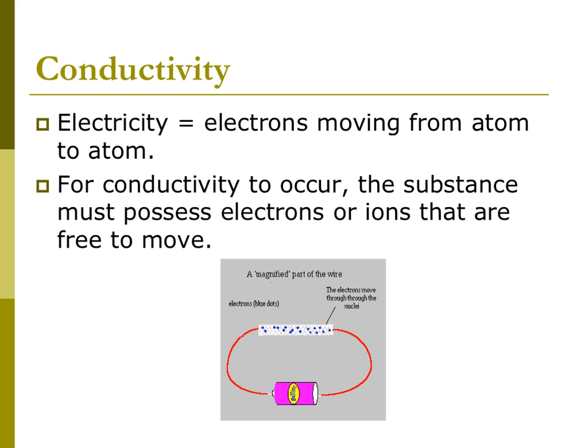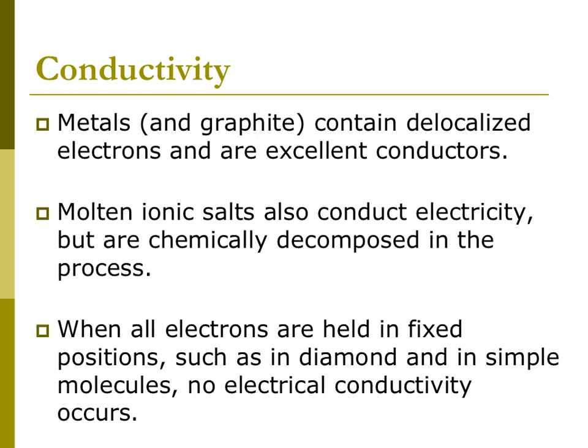The last physical property I want to discuss is the ability to conduct electricity. So first, electricity is defined as electrons moving from one atom to another. So the electrons need to be free to flow in order for something to have electrical conductivity. They have to have free moving electrons. Metals are well known to be good conductors because they have delocalized electrons, electrons that can move freely. Graphite is another example of a carbon allotrope that has many delocalized electrons,